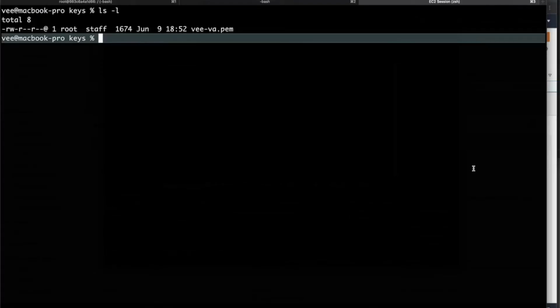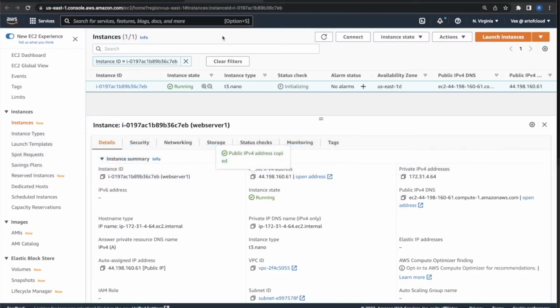Okay, so here I am, and remember when we created the EC2 instance, it asked us to select a key, and I had already created a key vva.pem file. So what I'm going to do now is connect to that node. The node is the IP address that AWS gave us. So we can use this IP address or we can use the public DNS. For simplicity, I'm going to choose this